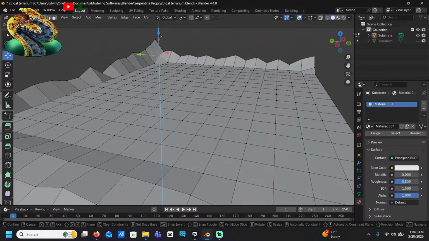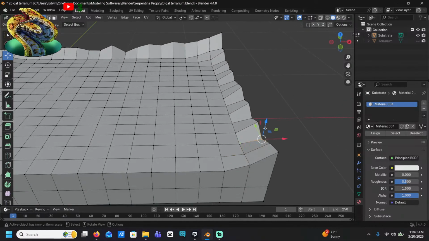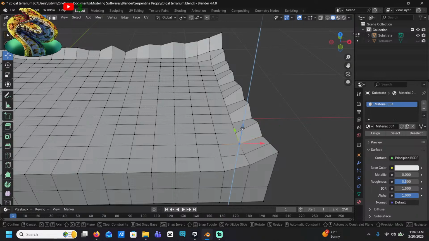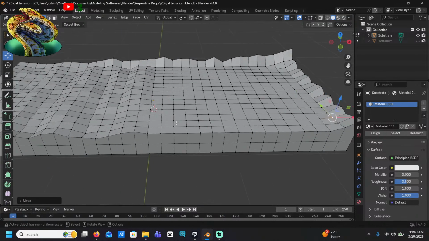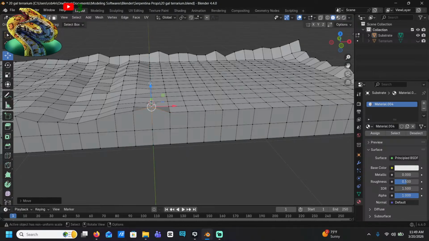Corner needs to come up a little. There. I could, but I don't want to do that. I'm already in here.